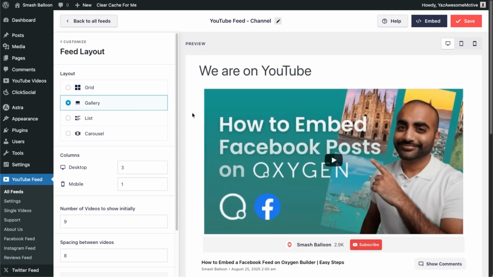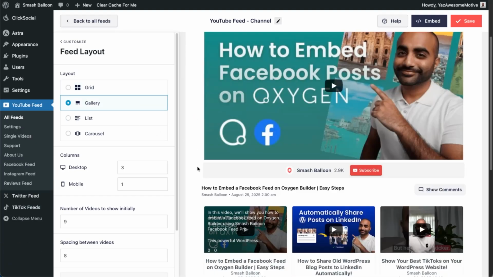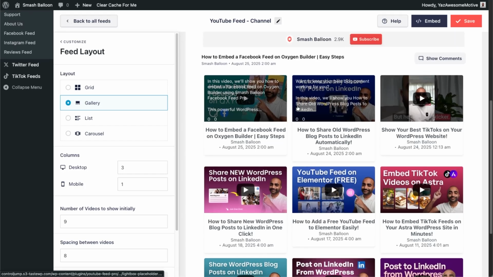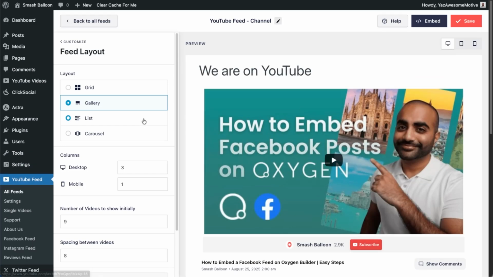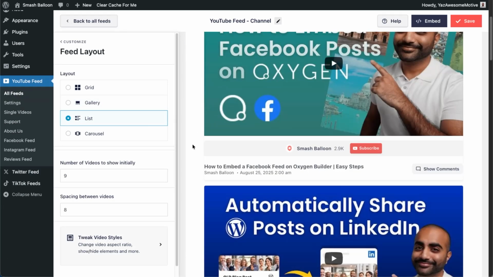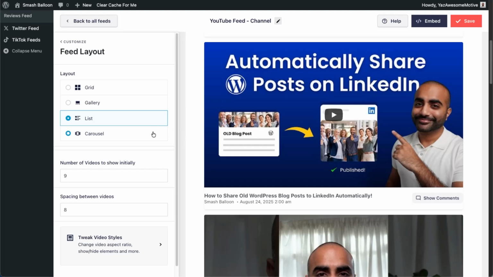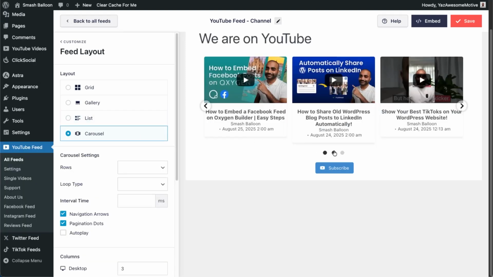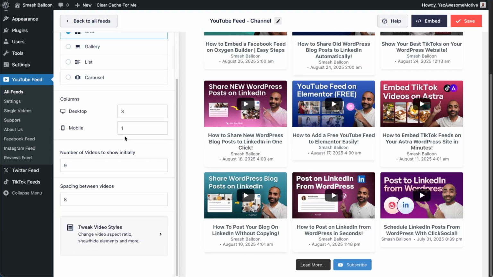This one has a video player at the top of the feed, followed by all the videos underneath. When a video is clicked, it will start playing at the top here. Next, we have the list layout. This one displays your videos in a single column list. And last but not least, we have the carousel, which allows you to swipe through the videos inside your feed like this. Let's continue with the grid layout, and if we scroll down,